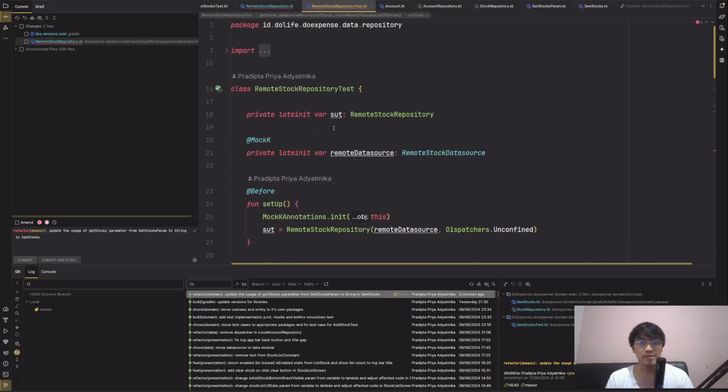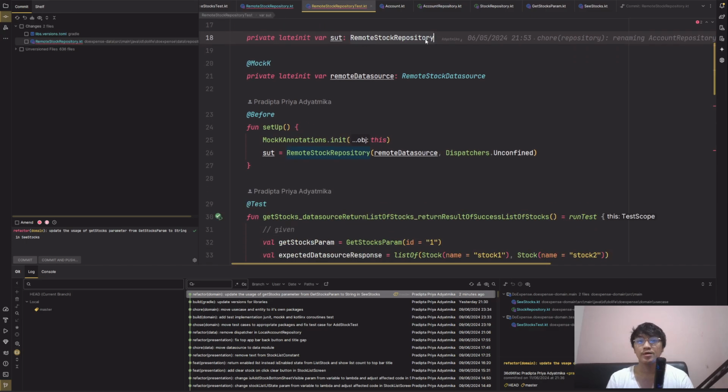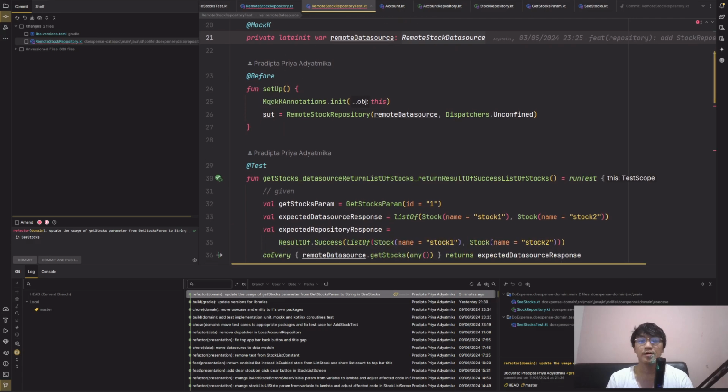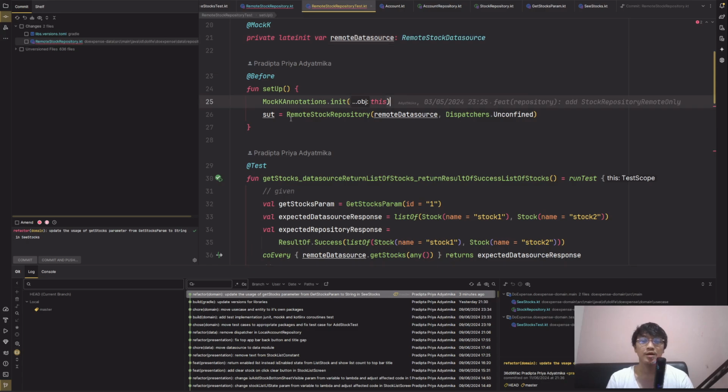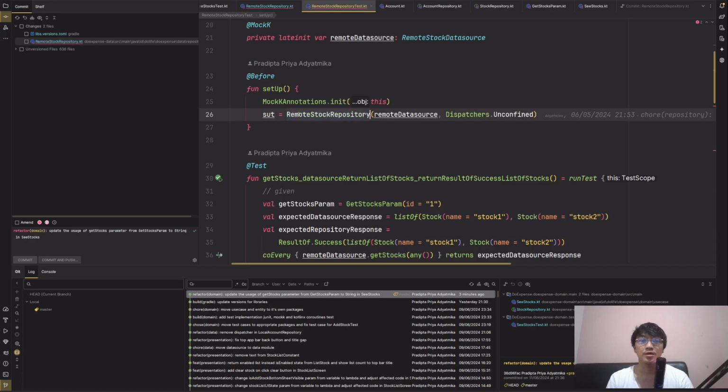Okay, so what is our SUT? What is our system under test in here? Our system under test is the remote stock repository. Okay, the remote stock repository has a mock remote data source, and we initiate the MockK annotation in here and initiate our SUT using the remote repository and remote data source.